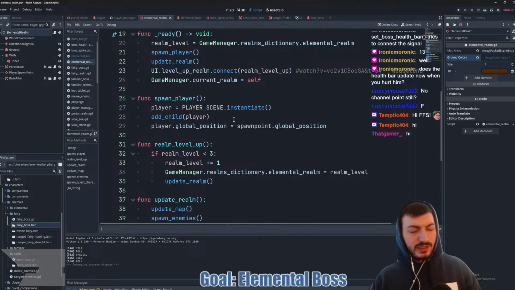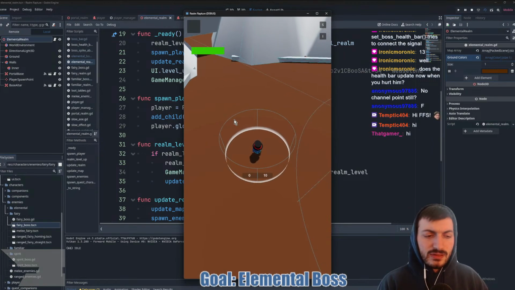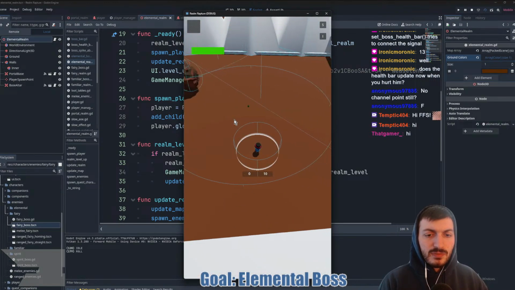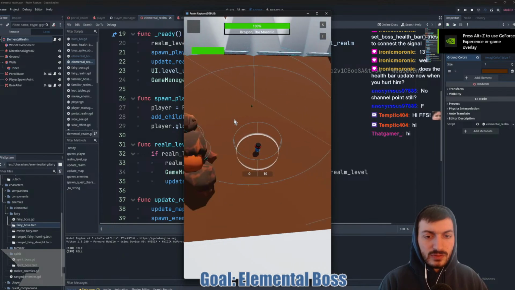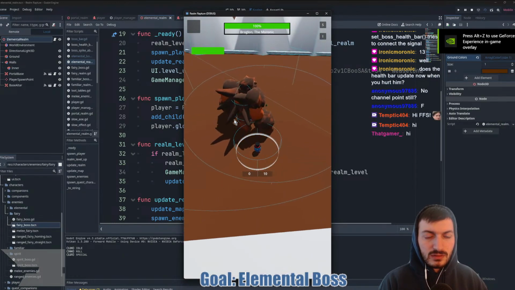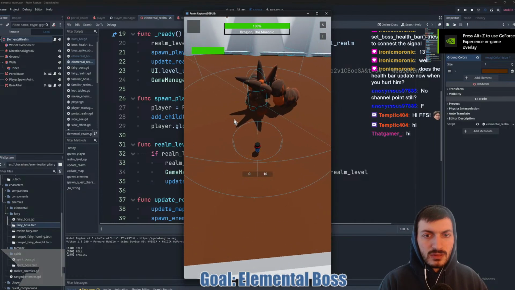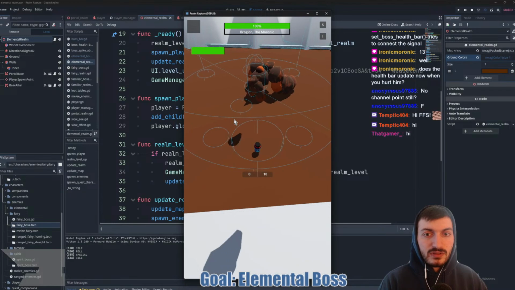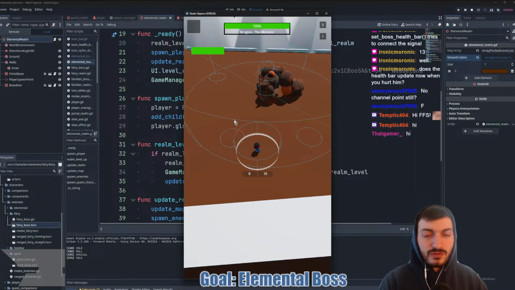Why is that not working? By all means, it sounds like it should be. I'm also curious if changing these areas to get parent would do anything different. Boom, boom, boom, boom. All right, so it should be 5. 1, 2, 3, 4, 5.